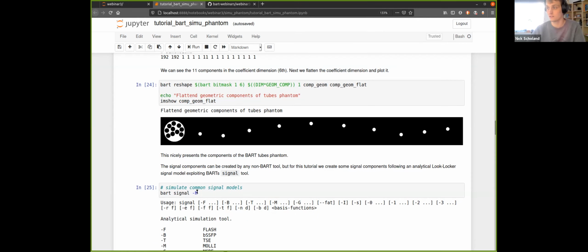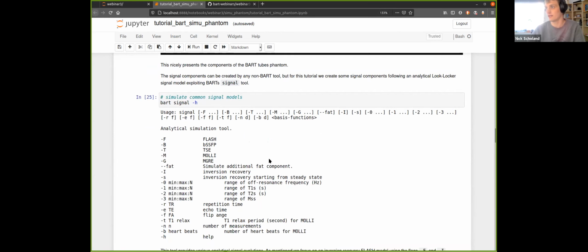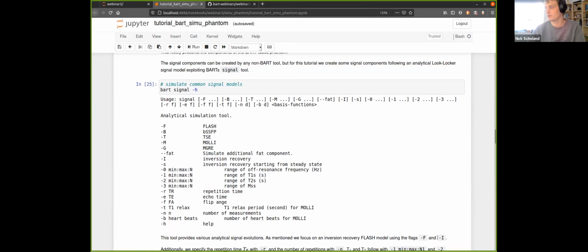If we again have a look at the help output, we can see that there are a lot of different options, mostly analytical signals for various sequences. For this tutorial, we decided to use a FLASH sequence, and we want to have an